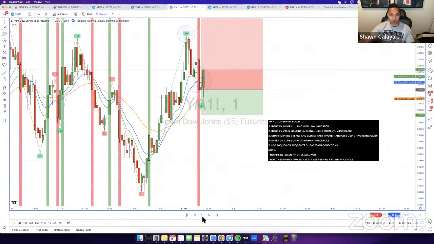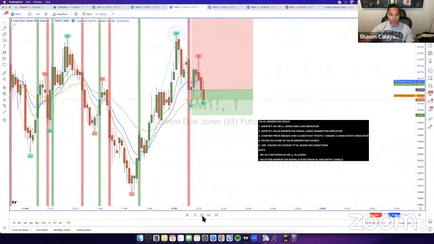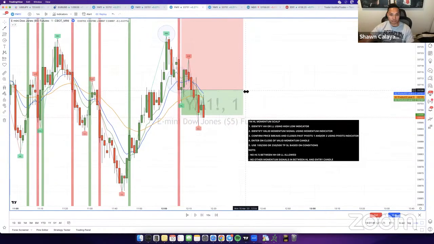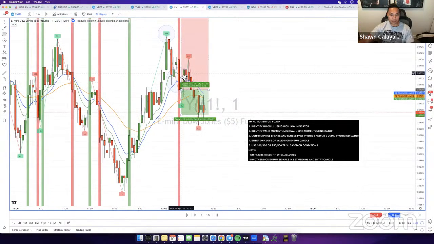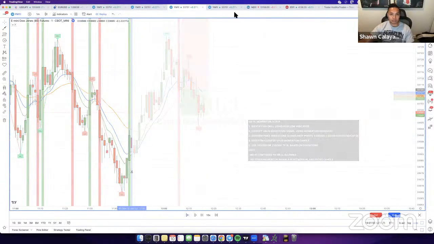Kind of bounces back and forth a little bit, but then eventually it comes down and blasts right through TP. So this entry right here came up at 12:07. It's a little too late. I wouldn't be taking this trade, but if you guys were trading after the live session, this is one entry that came up right there. Going back a little further, there's another entry right here that came up closer to 12.